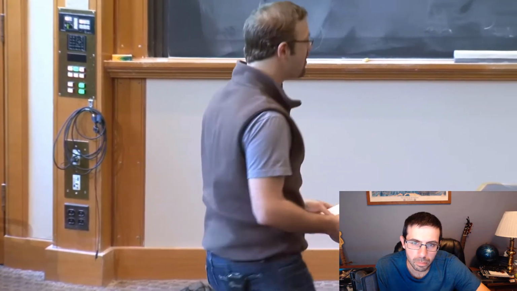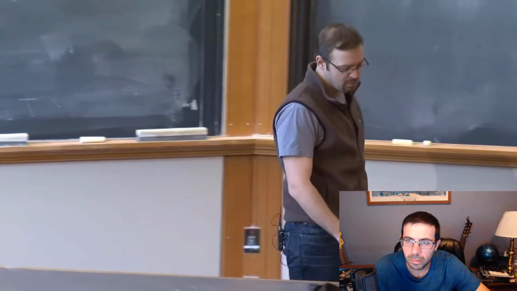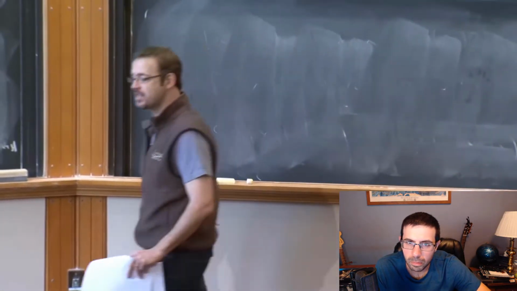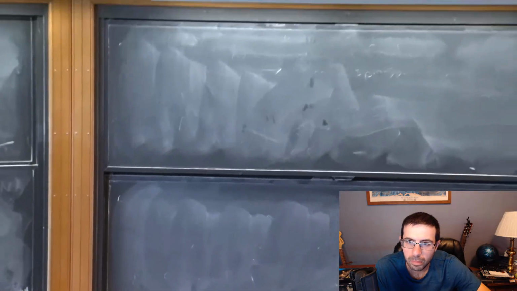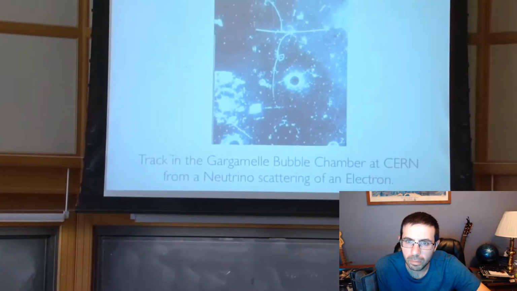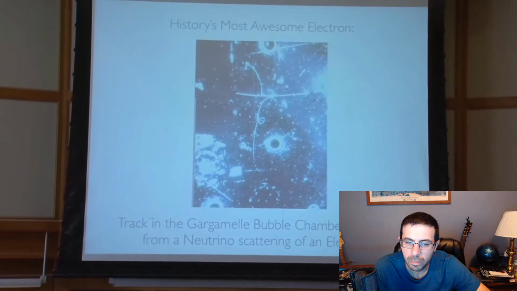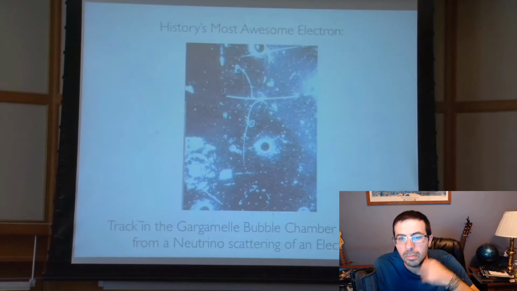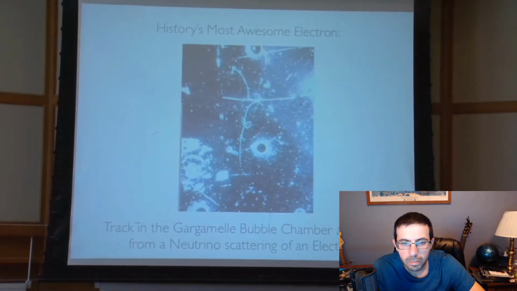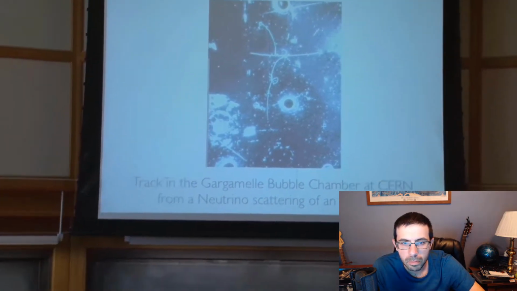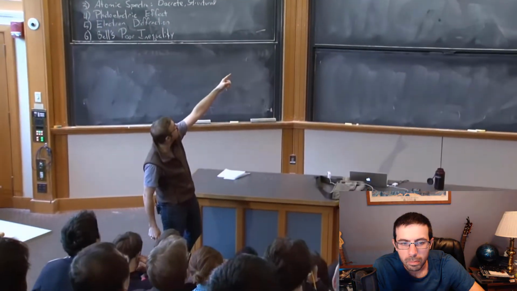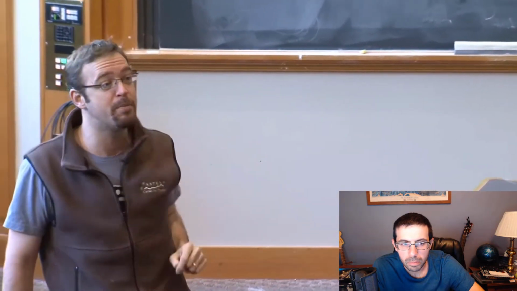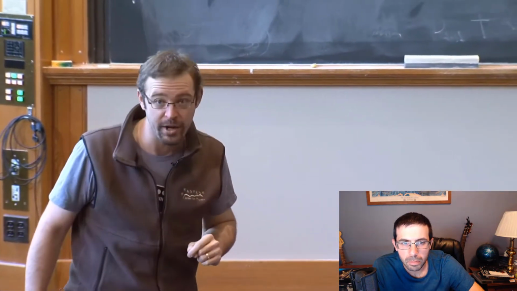Pretty good argument. There's a better argument for the existence of electrons, which is that we can actually see them individually. And this is one of the most famous images in high-energy physics. It's from an experiment called Gargamelle, which was a 30 cubic meter tank of liquid freon pulsing just at its vapor pressure 60 times a second. And what this image is, apart from all the schmutz, you're watching a trail of bubbles in this depressurizing freon that wants to create bubbles, but you have to nucleate bubbles. What you're seeing there in that central line that goes up and then curls around is a single electron that was nailed by a neutrino incident from a beam at CERN, where currently the LHC is running.